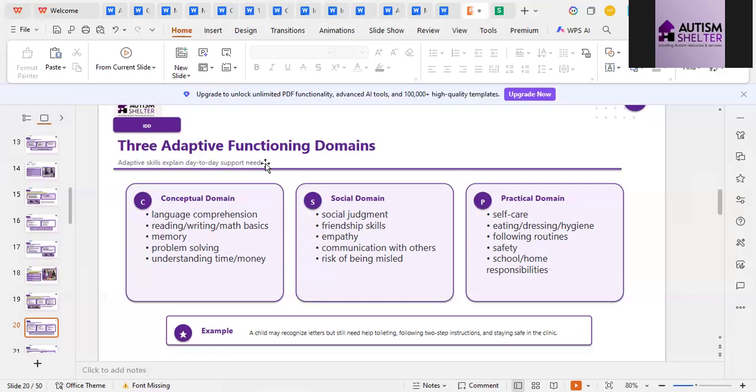You have to work on eating, dressing and hygiene. Then you have to follow the routines. What are the routines? Early morning, evening, afternoon, each and everything. But also the concept of safety: whether they run on the roads, whether they know the safety of getting burned or not. Then home and school responsibilities, because sometimes when you get into normal schools, there are multiple cases of